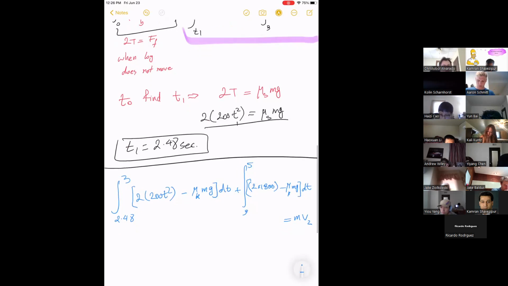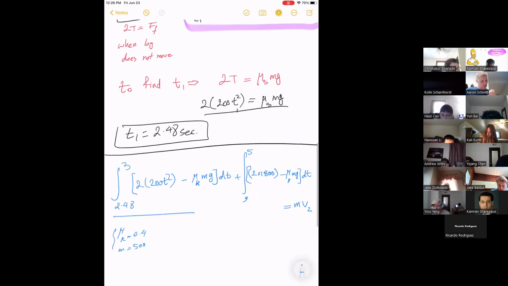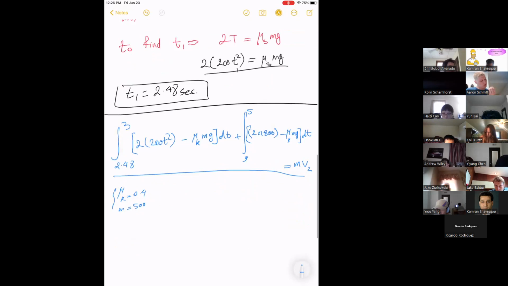I'm going to give you a minute. You have all the values. Mu k is 0.4 and m is 500. I'm going to give you a couple of minutes to calculate this, and then you get v on the same side. So v2 is going to be